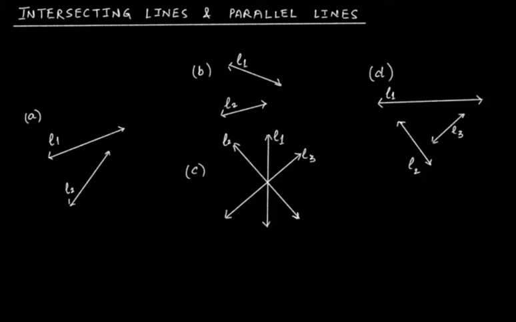Now look at these lines. You have A, B, C and D. In A you have L1 and L2. You can clearly see that at this position the distance between these two lines is this much. At this position it's this much. At this position it's this much. At this position it's this much. And you can clearly see that as you move in this direction, the distance between these two lines is decreasing. And if I extend this line,